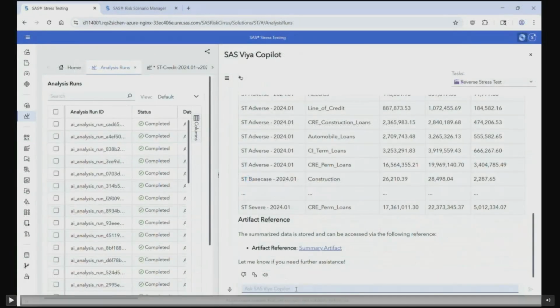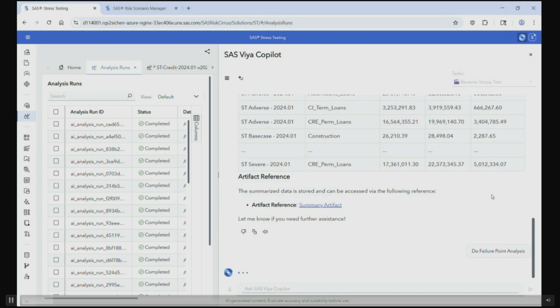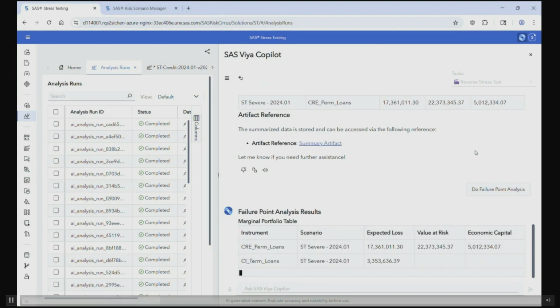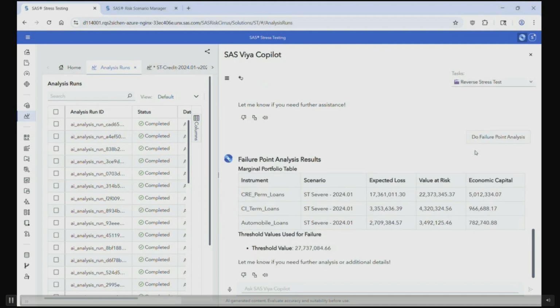This is an example where we have the failure point analysis. Earlier when we submitted the failure point analysis, it came back with 3 portfolios for the threshold value.